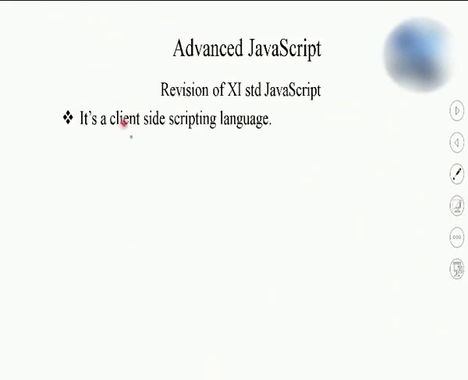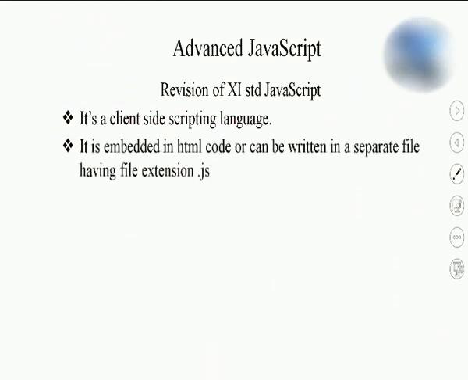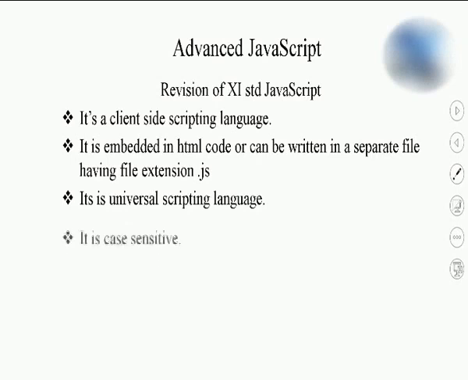So here JavaScript is a client-side scripting language. You need to write down the code, and that will be executed by your web browser. So if you write simply only JavaScript code, the extension of it is .js. But if you embed your JavaScript code inside the HTML code, then that extension can be only .htm. It is a universal scripting language. It can be used in any operating system as well as in any browser.